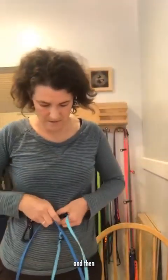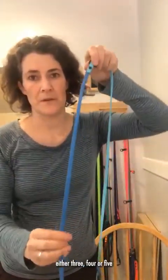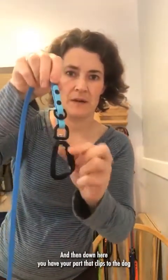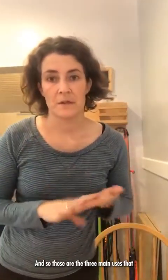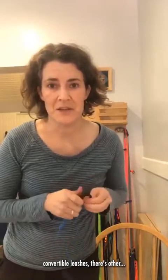And then going down the leash, you've got either 3, 4, or 5 feet of slack in the second part of the leash. And then down here you have the part that clips to the dog and another D-ring here. So those are the 3 main uses: the crossbody around the waist, and just a standard leash. But with these multi-convertible leashes, there's other